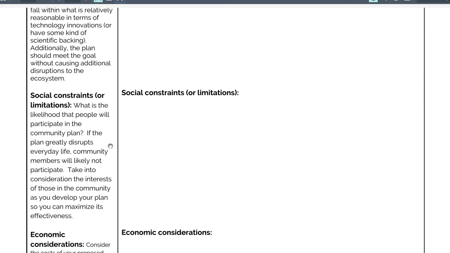So what's the motivation there? How can you help them overcome any kind of apathy that they might have towards that? Talk about make it their problem. Take into consideration the interests of those in the community, so as you develop your plan, you can maximize its